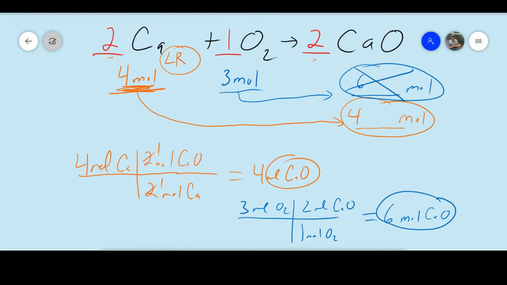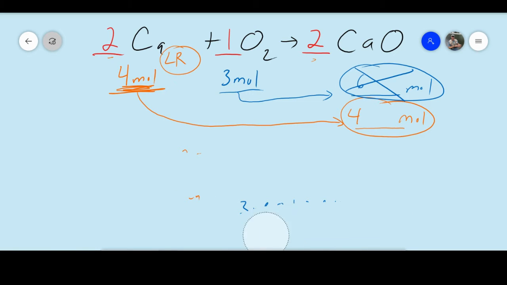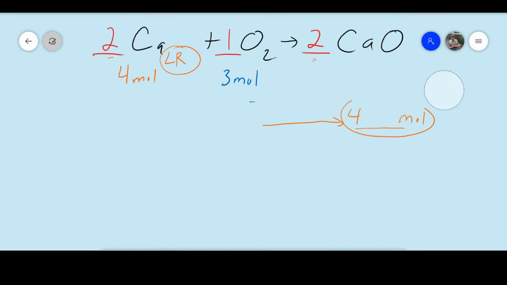There's actually several ways. And so I'm going to get rid of this stuff. And let's see another way that we can figure this out. In this method, instead of figuring out how much product I can make, I'm just going to see how much reactant is needed to react with the other reactant. So for example, if I have 4 moles of calcium, how much oxygen do I need to react with that much